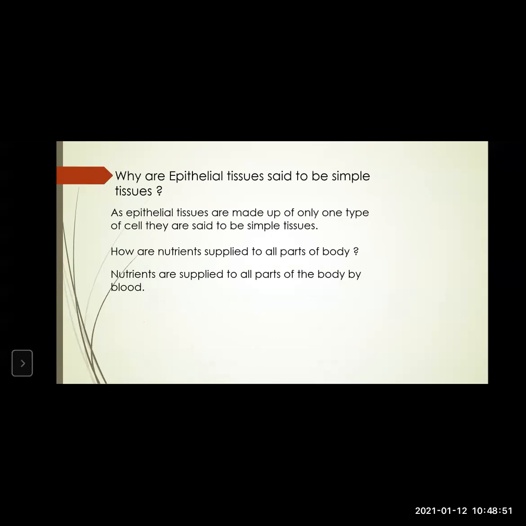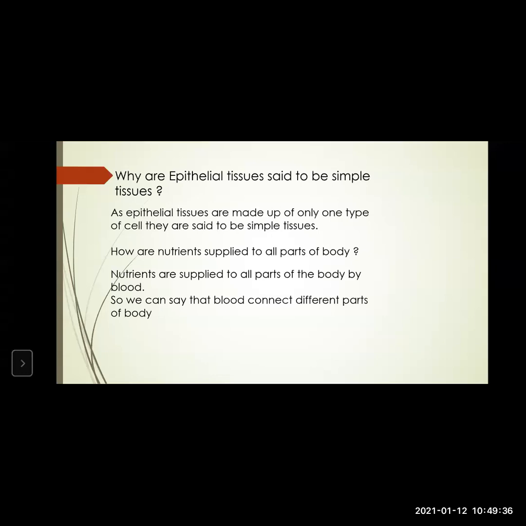From top to bottom of our body, each and every cell gets water, nutrients, and whatever energy is required through the blood itself. Hence, blood is connecting all the parts of our body. Blood is pumped from the heart, it goes to the lung, where it gives out carbon dioxide and absorbs oxygen, then oxygenated blood is supplied to the whole body. Similarly, whatever is digested in the digestive system is absorbed in the blood and transported to all the parts of our body.